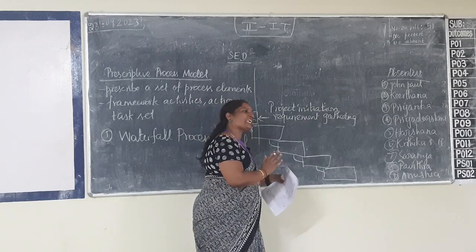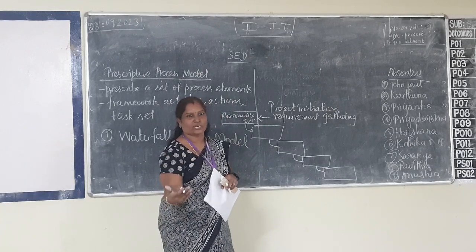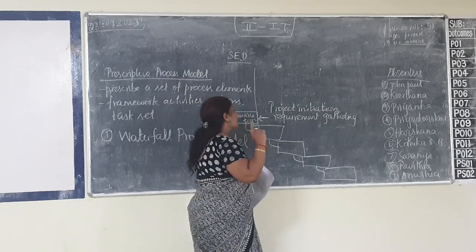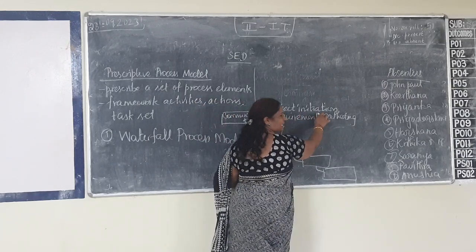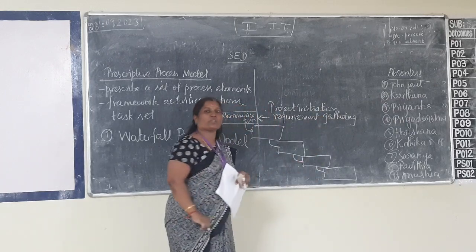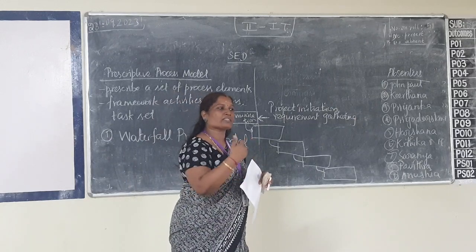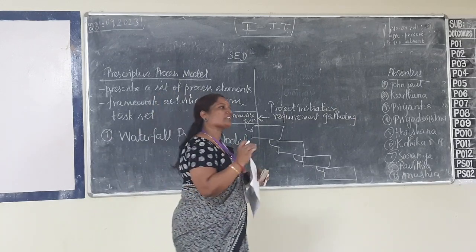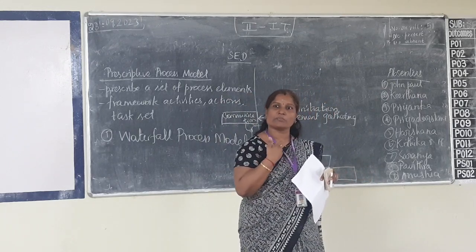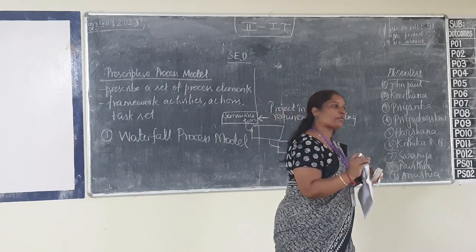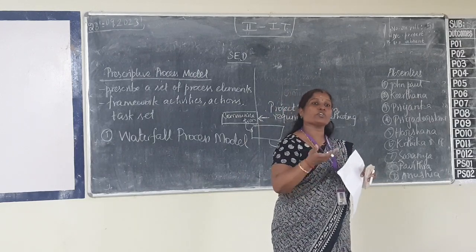So here it is purely about the software. When we are doing any software engineering project, the first step will be communication, where the project initiation will take place, and here the requirements will be gathered from everybody to whom I am developing the project, who has assigned me the project. Suppose the project is done for an organization, so the organization is the one who is going to give me the conditions, constraints, requirements. So everything has to be gathered, and from whom, who is going to use the project.